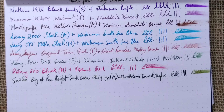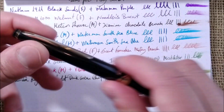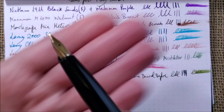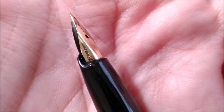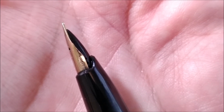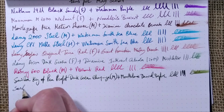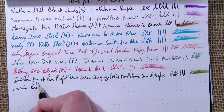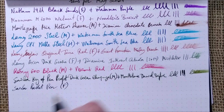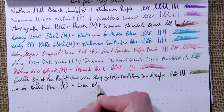The next pen I want to show you is also from Sailor, so also from Japan, and it is a small pocket pen that becomes quite big when you post it. It has a gold nib. Focus please, there, 14 karat gold nib. So this is a Sailor, let's call it pocket pen. I don't know any specific name of the model, with a fine gold nib, and it has a Sailor black